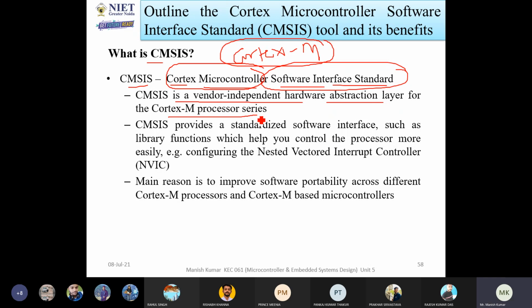That software will be applicable from that manufacturer only. For example, suppose you buy something from Apple, then you have to use the Apple store only. If you want to download any software, whatever is available in the Apple store, you can use it. Otherwise, you can't use it.